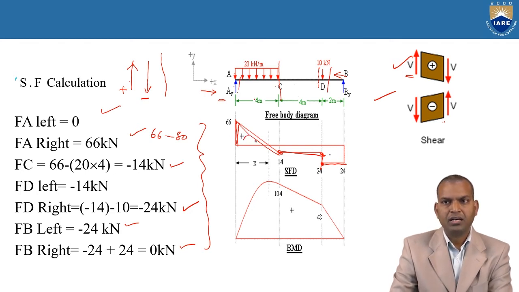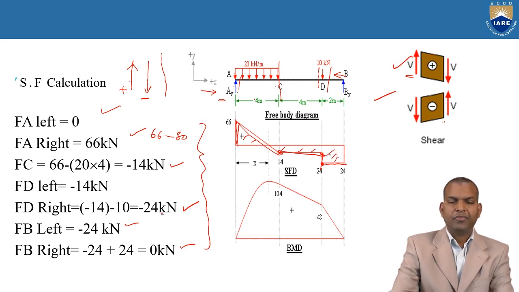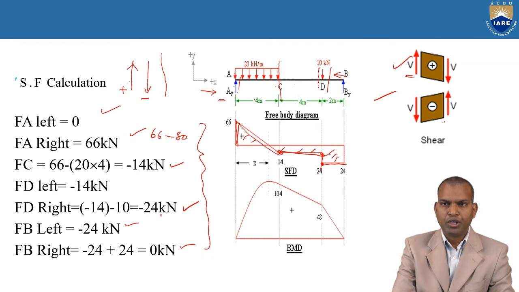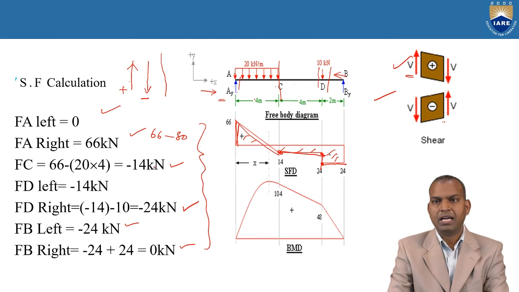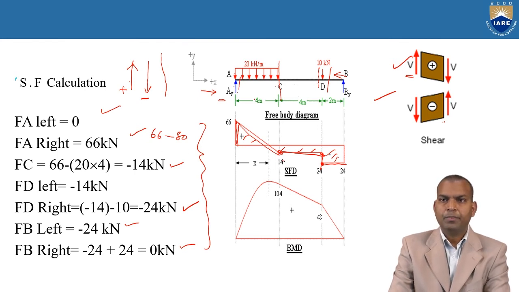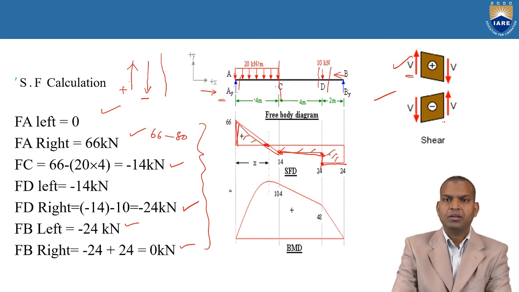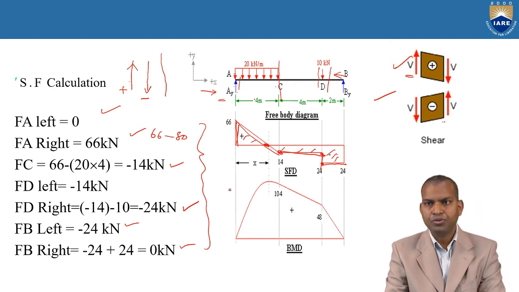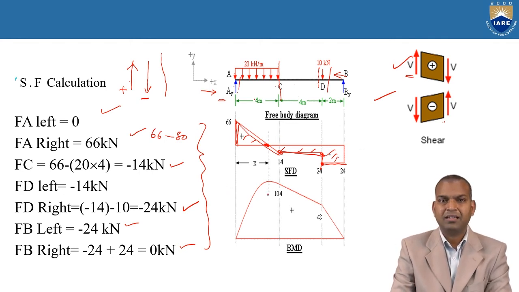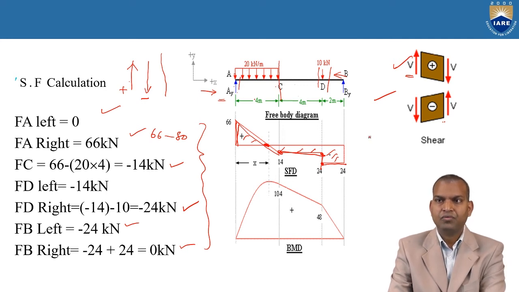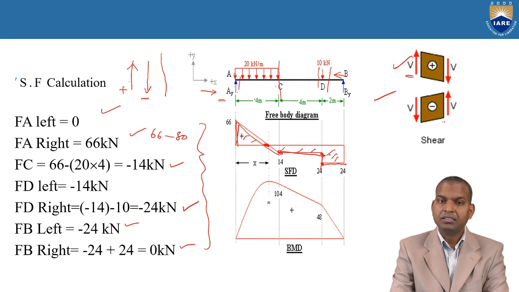Thus, we can draw the shear force variation of the beam when it is subjected to UDL and point load. For this case study, it comes in this shape of the shear force diagram. It looks like this. But we can understand that at a certain point the shear force becomes 0. We are going to find out the distance where the shear force is 0. Whenever the shear force is 0, the maximum bending moment occurs.